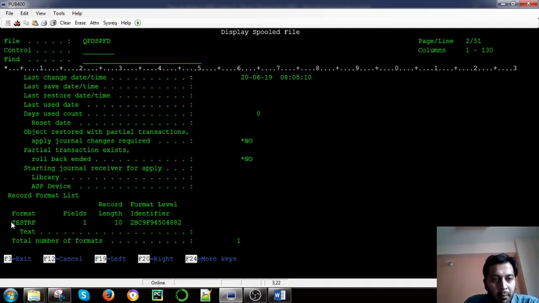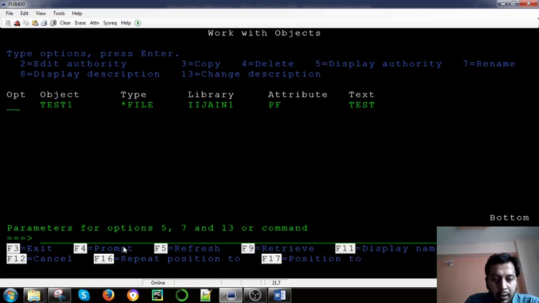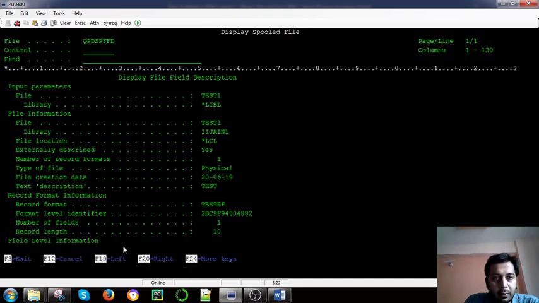And here you can see the record format of that file, and how many fields it has. So this is the definition. And if you want to see further detail of that file, the command is DSPFFD, and we can see here how many record formats there are.